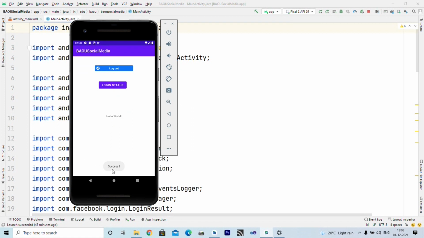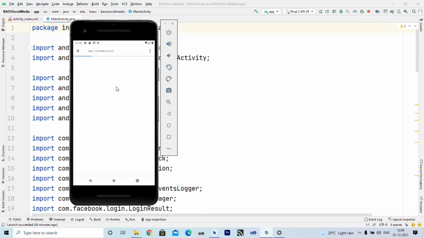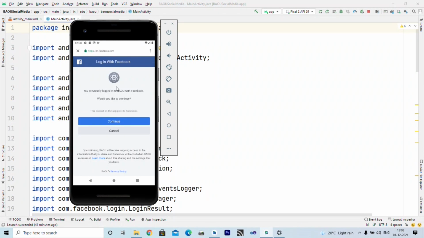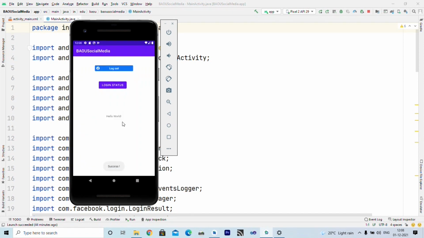So the callback manager displays success, and now this login to Facebook is changed to log out. And if I click on login status, again it redirects me to that page. So I can achieve the same functionality using either the Facebook SDK button or a custom button, right?